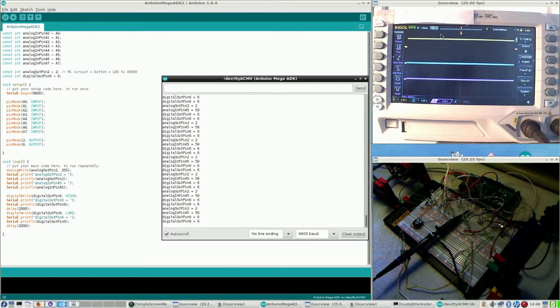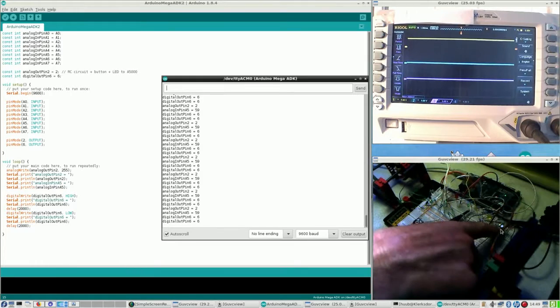This one is showing the voltage over a resistor which is connected to a capacitor. This one. So when I now press this button,